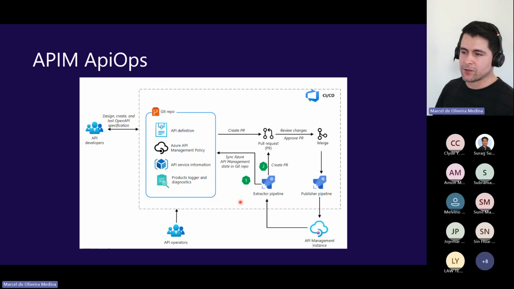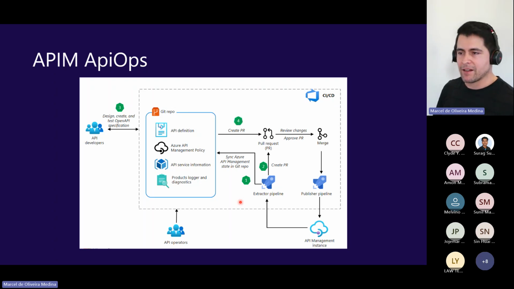So the second step would be: okay, think there is a change. So the PR is going to be raised. And from there, we could have API developers creating more content. They could be working in parallel, having multiple PRs to be consolidated in one approval or multiple approvals.